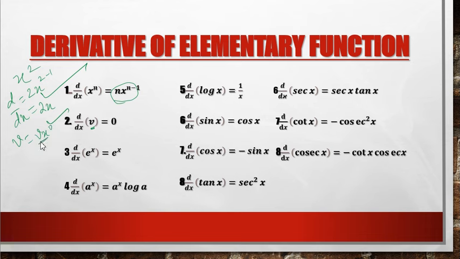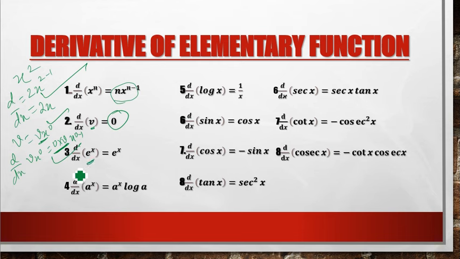So if we differentiate this v into x to the power 0, what will we get? Let's differentiate v into x to the power 0. So we will get 0 into v into x to the power 0 minus 1. Now anything multiplied by 0, what will you get? 0. So that's why the differentiation of any constant with respect to x, you will get 0. Now next comes the exponential term, which I hope many of you have seen,